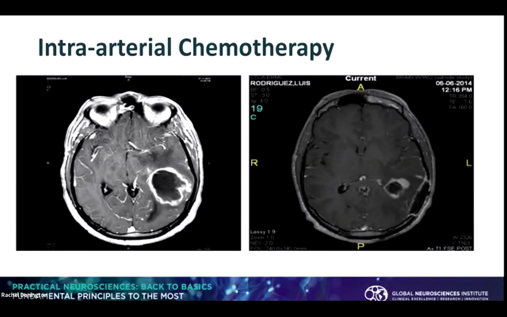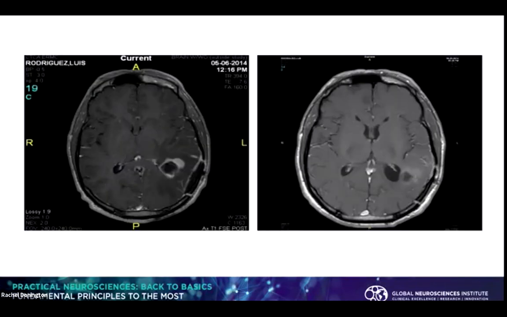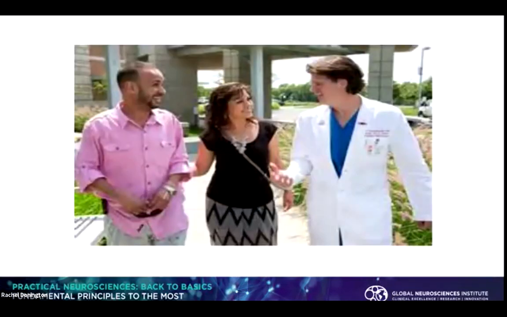So this is one of the first cases we did. This was the first case done in the region, in New Jersey, Delaware, Pennsylvania, or anywhere. So this is a high-grade glioma in a gentleman who underwent multiple treatments. I'm just going to go through these here, and you can see the before and after on the left and on the right. You can see that by injecting chemotherapy directly into that brain tumor, we can melt that away. Are we curing GBM? No. Are we even extending life? We don't know that yet. But what we do know is that what we're doing currently, standard of care, doesn't work. We know that. So we've got to move on to different things.